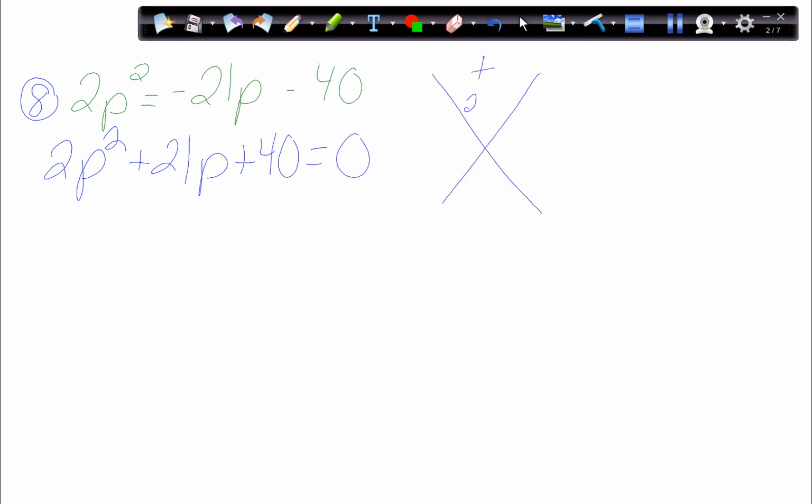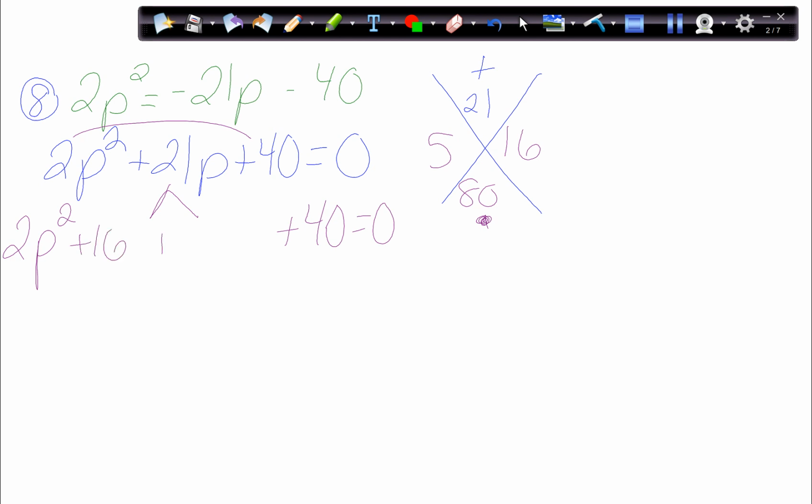So what adds to give me 21? But that new step this week, what multiplies to give me 80? And that would be 5 and 16. So now I'm going to expand my trinomial, and I'm going to actually put the 16 with the 2 because